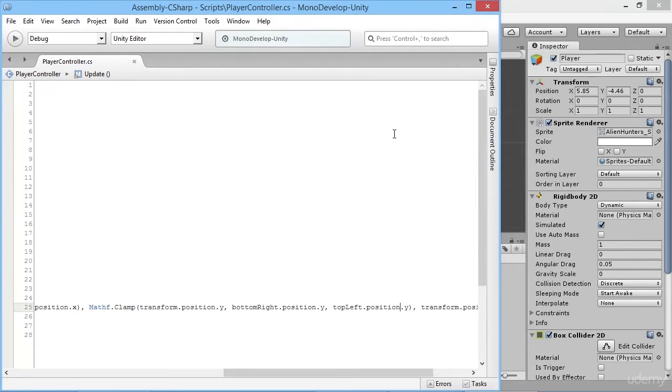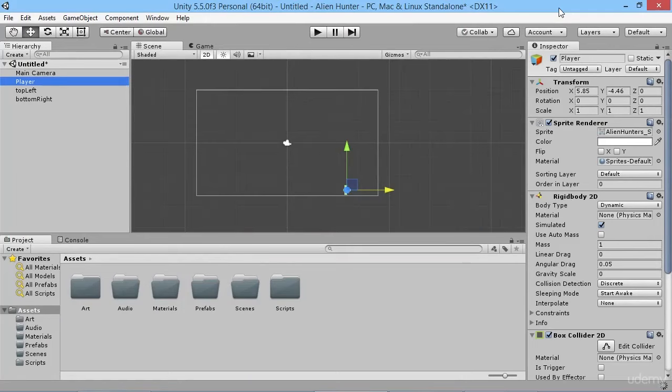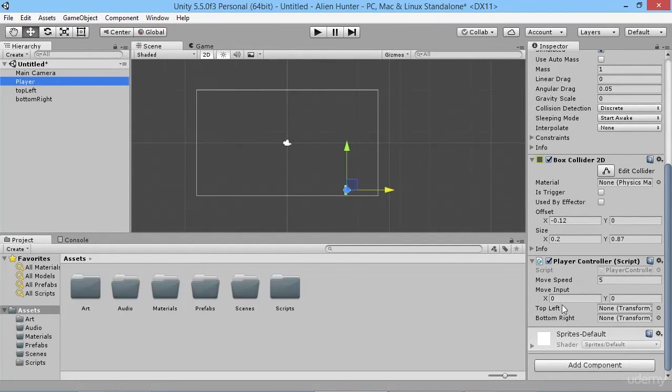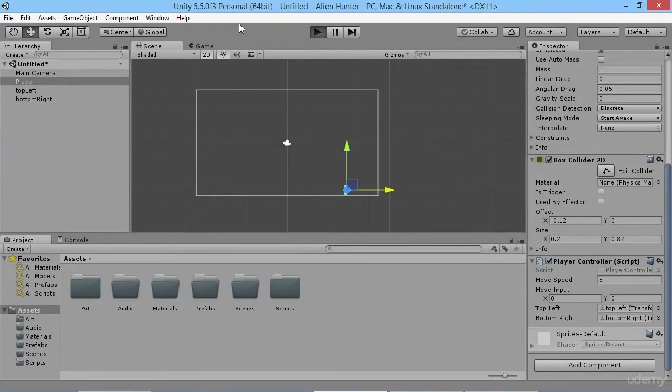Okay, perfect. We'll save this, go back into our game, and what we should have now is our player being restricted to moving within this given area on the screen. Of course, we need to actually set up these references to work properly with our player. So once it's compiled, we'll scroll down, we'll move top left into the top left slot and bottom right into the bottom right slot. We'll hit play here,